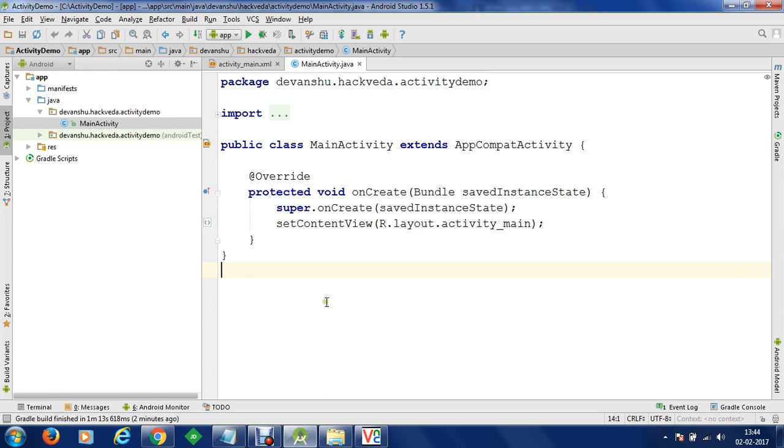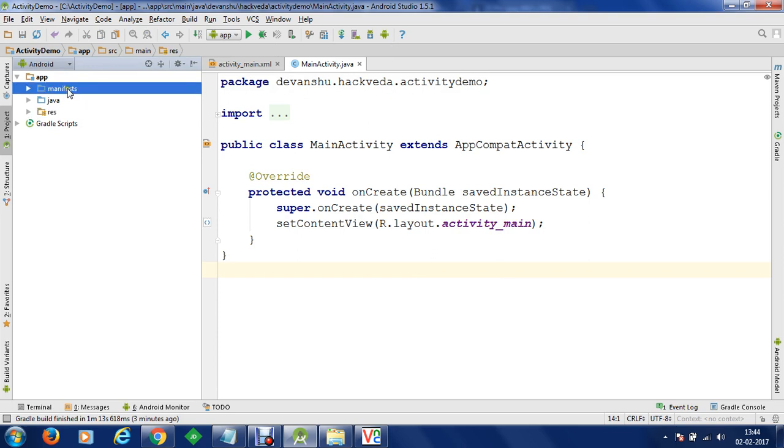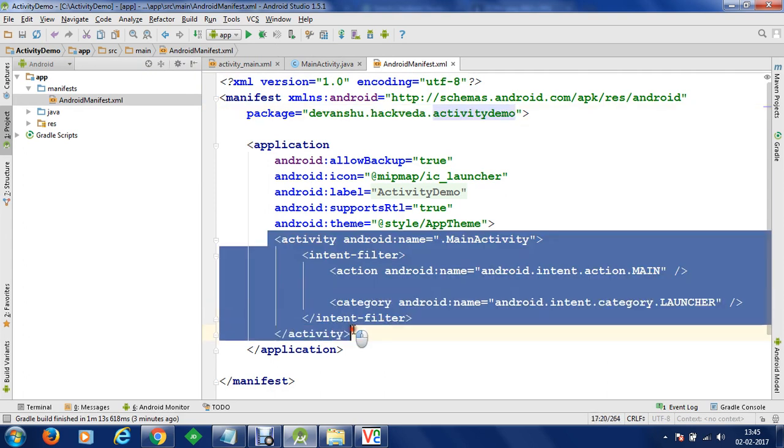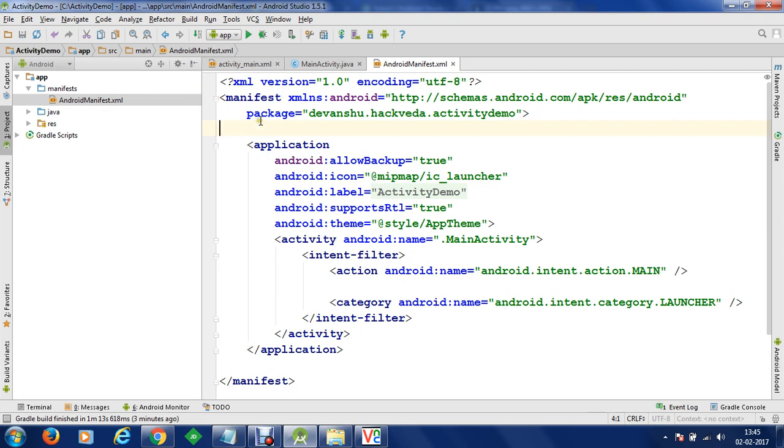Application project contains three important sections. The first is manifest file, second is Java, third is resources. In manifest file, it's an XML file which keeps track of all the information about package name of your Android application. Package name is the unique identifier to identify your application. Then it contains information about all the activities. It may be possible that there may be services, there may be broadcast receivers here. Any permission which is required for this application to run are also managed by application Android manifest file.